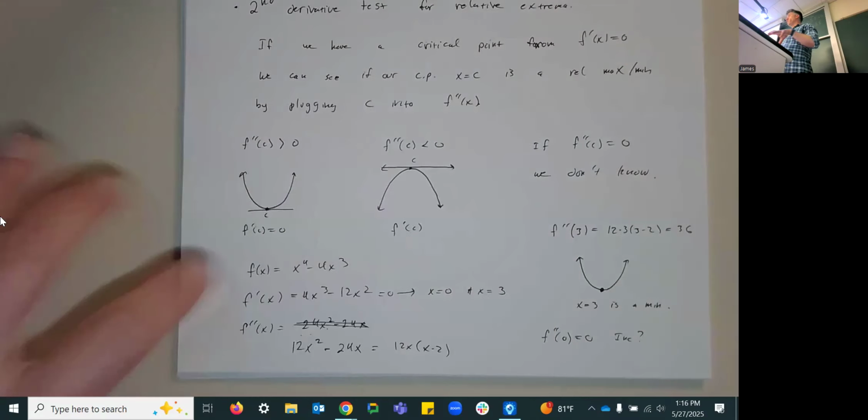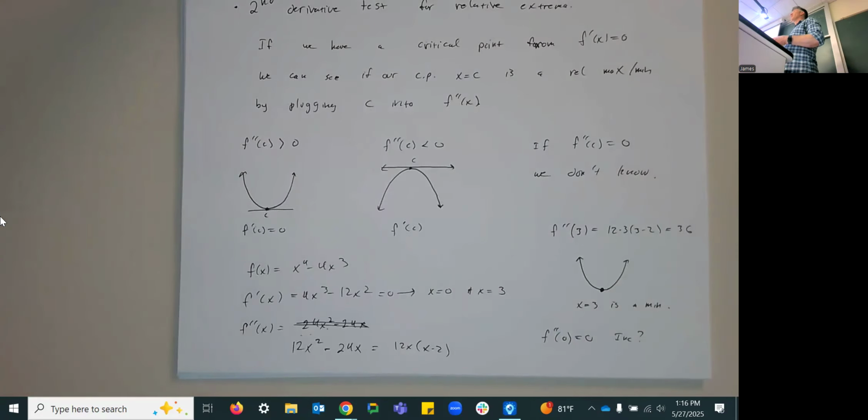So this is the second derivative test for extrema. It's not super useful for graphing. It is a lot more useful when we start talking about optimization, which is the next thing, where you're trying